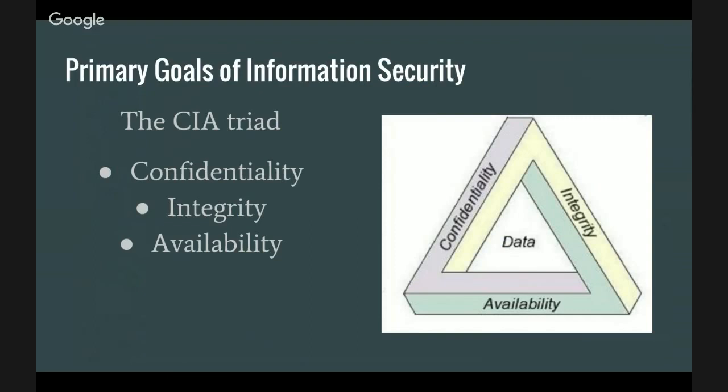The primary goals of information security can be summed up in the CIA triad of confidentiality, integrity, and availability. These goals are to secure all data and information in all stages of use, from processing, storage, or transmission. These principles are the main guidelines for all those in the information security realm. Let's take a moment to examine each goal more in depth.